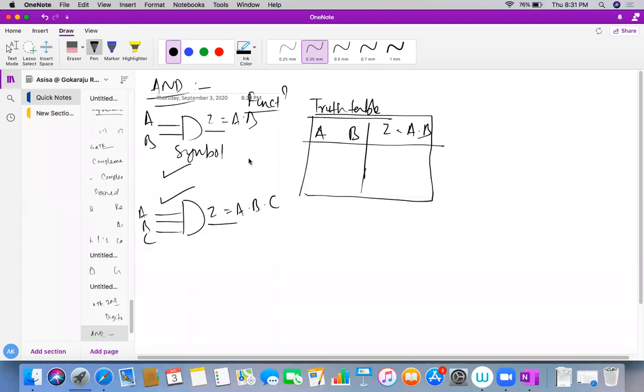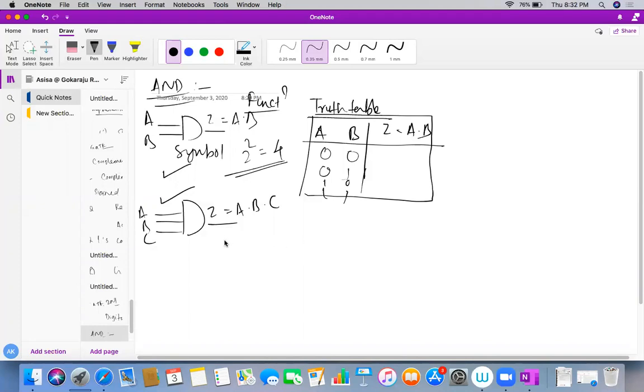I have told here, the AND gate. The AND gate here is a 2 input gate, so obviously 2 squared, there are 4 possible combinations. What are the 4 possible combinations? 0 0, 0 1, 1 0 and 1 1. So what does a 2 input AND gate suggest? It suggests that if all the conditions are true, then my output is true.